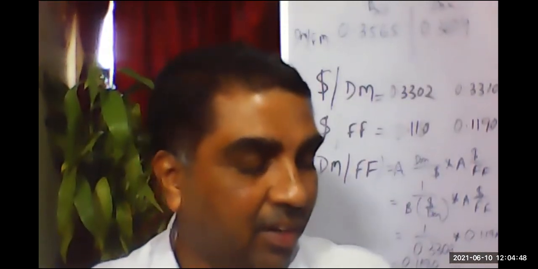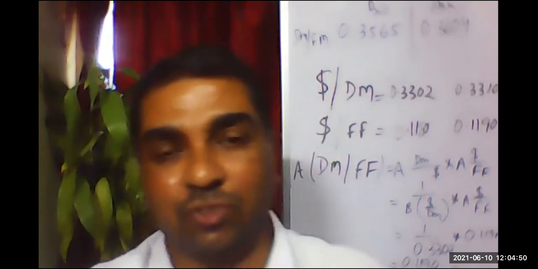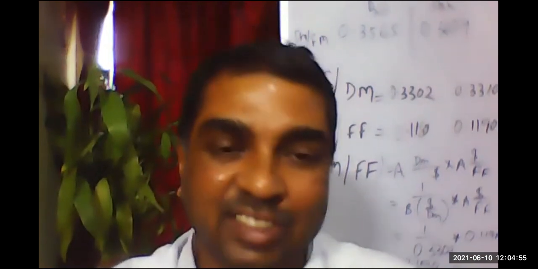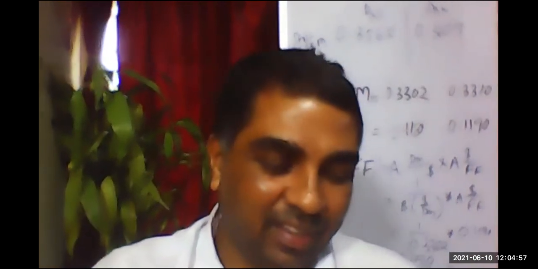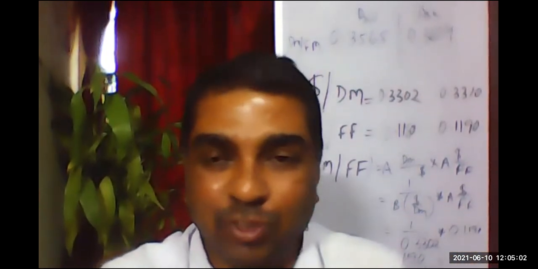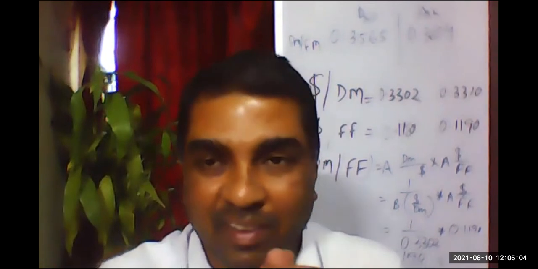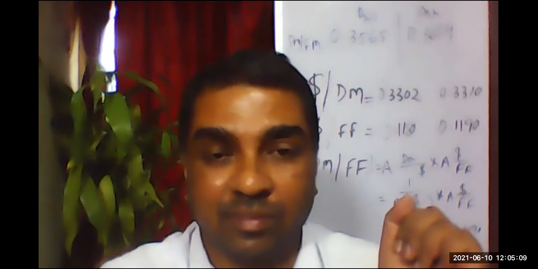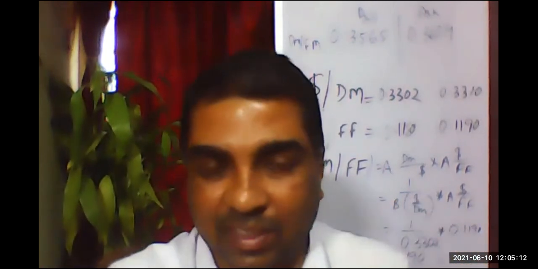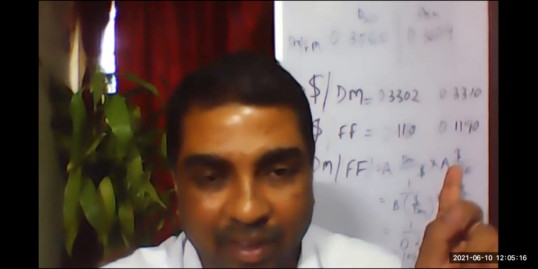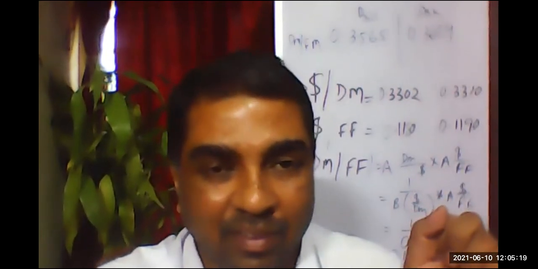Okay, that concept I had already explained to you. Dollar by pound is equal to 1 by pound by dollar only when the bid rates and ask rates are the same. In that case, it's okay. But when they are two different rates, yesterday I was explaining, bid is equal to 1 by ask, ask is equal to 1 by bid. Should I explain it again? Yes, sir. Okay, let me tell you once again. Just give me 1 second. This part is over. I'll be explaining why it is happening.